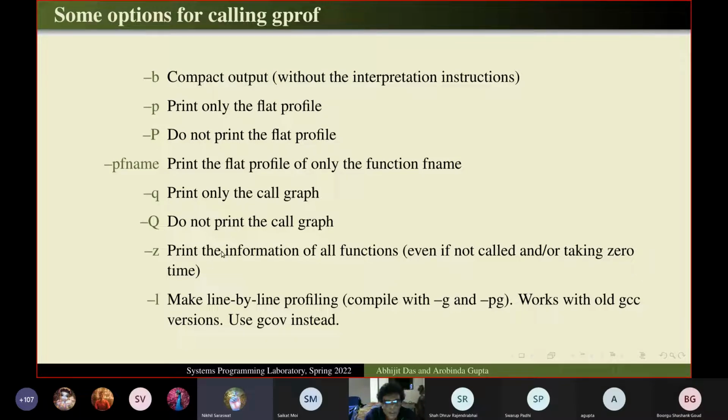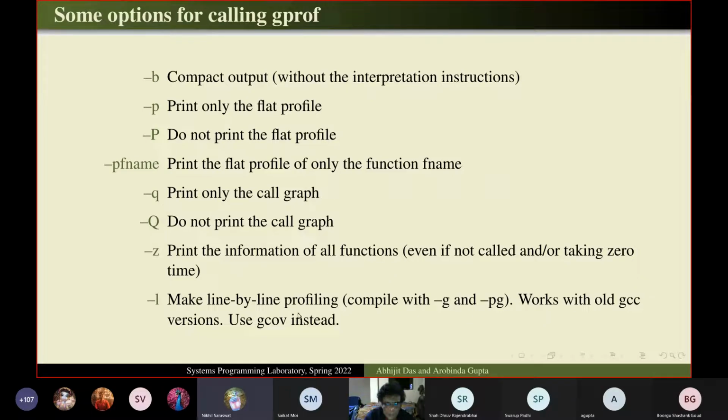This was a function level profiling, as I mentioned. If you want to make a line-by-line profiling, you should compile with -g and -pg, both options. But the problem is that with the recent versions of GCC, gprof cannot reliably or meaningfully give you a line-by-line profiling. It tries to do something, but with the new GCC compilers, this line-by-line profiling, I would say, makes very little